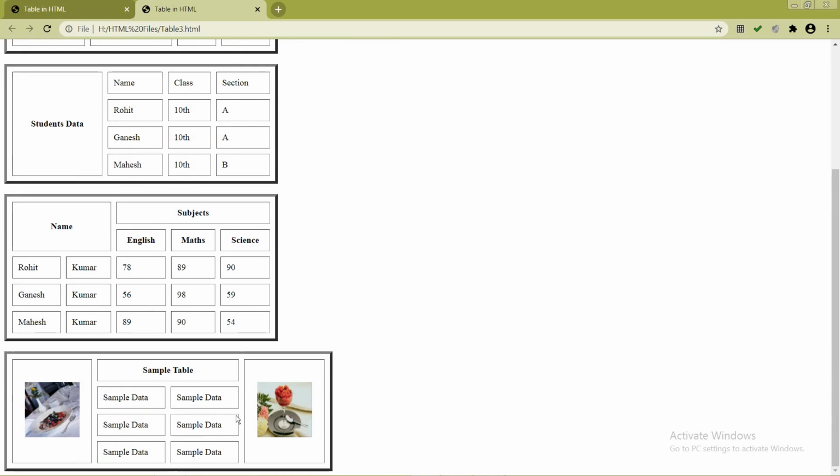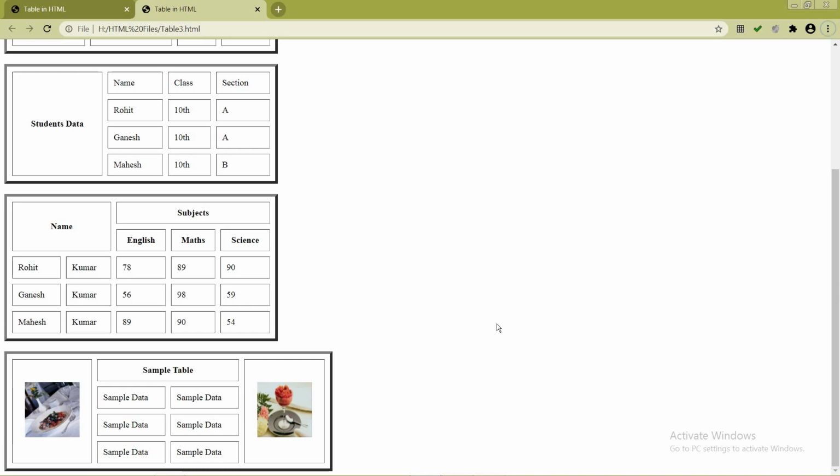Now one more thing I want to say, that in a table it's not mandatory that you have to place text and images. You can place some videos also. In my later videos I will explain about videos. Now if I talk about background images, in my earlier videos I said how to set the background images onto the body of the web page. Now this is not mandatory. It's not necessary that you include background images only onto the body of the web page. You can include background images onto the table also.